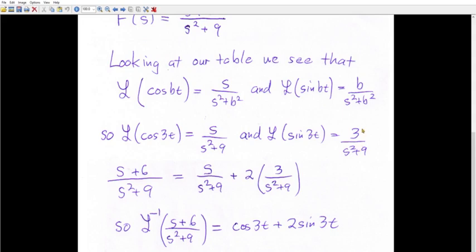Now this 3 is going to be important, because when we take s plus 6 over s squared plus 9, we want to break it up as s over s squared plus 9, and then 3 over s squared plus 9, but we've got a 6 here, so it's 3 times 2. So it's one of these and 2 of those. So when we inverse transform, we get one of those and 2 of those. The inverse transform of s plus 6 over s squared plus 9 is cosine 3t plus 2 sine